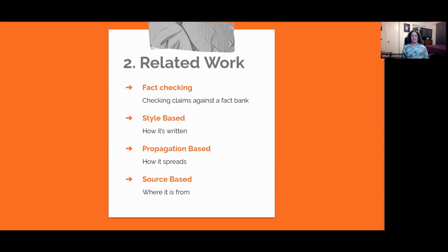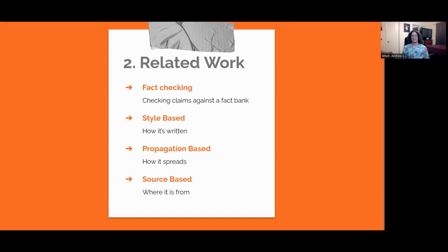Propagation-based is based on how a news article spreads. Fake news, statistically speaking, spreads faster than real news, especially when it comes to political stuff. And so based on that temporal data, you can figure out whether a news article is true or not. Not only based on temporal data, as in how fast it's spreading, but how many times it's been spread and who it's been spread to. It's less cat and mousey than the style-based, with some of the same benefits, although it's also pretty bad for timeliness.